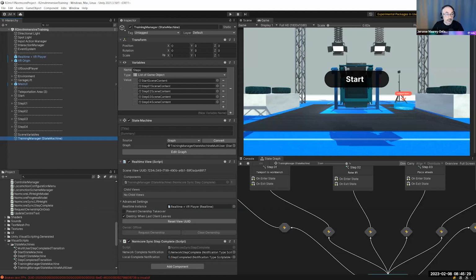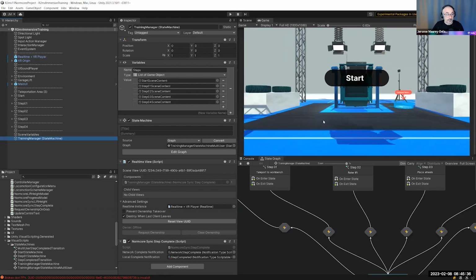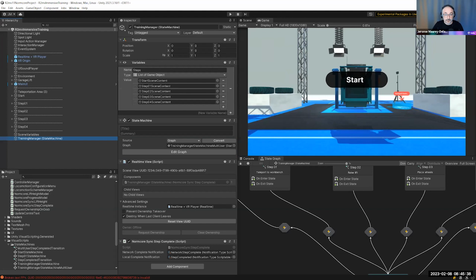As John highlighted, the first thing you do with NormCore is download it from the asset store, and it will automatically add the